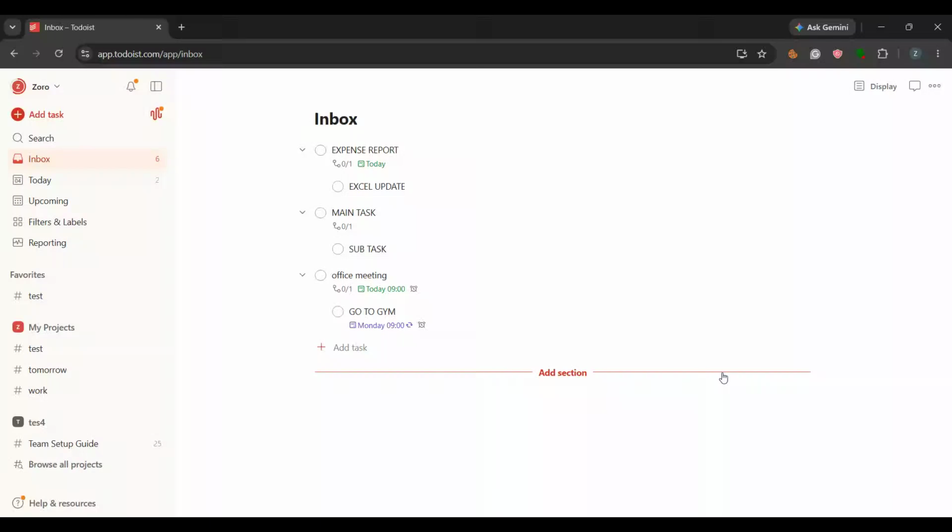In today's video, I'm going to show you how to delete a Todoist project quickly and correctly if you've got an old project you no longer need. Cleaning it up can help keep your workspace organized and make it much easier to focus on what actually matters. This is a simple process, but I'll walk you through it step by step so you can do it confidently